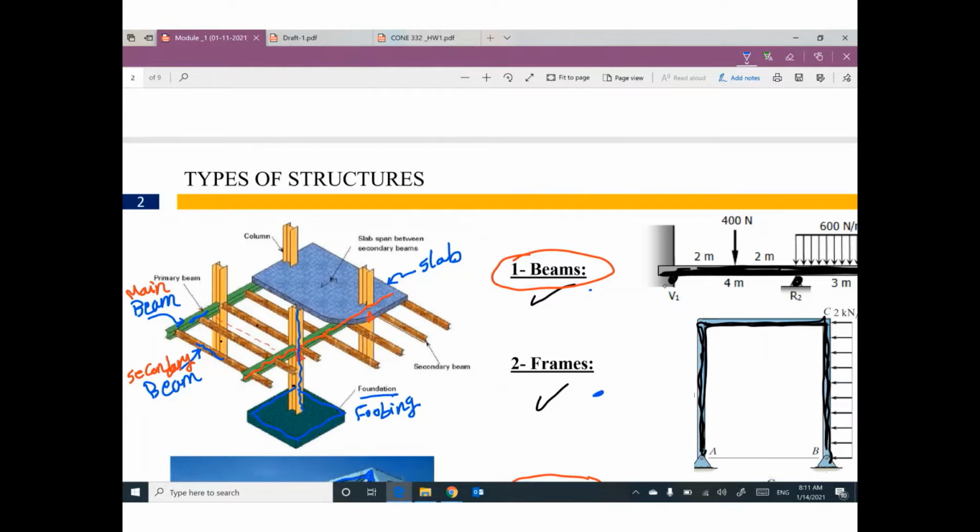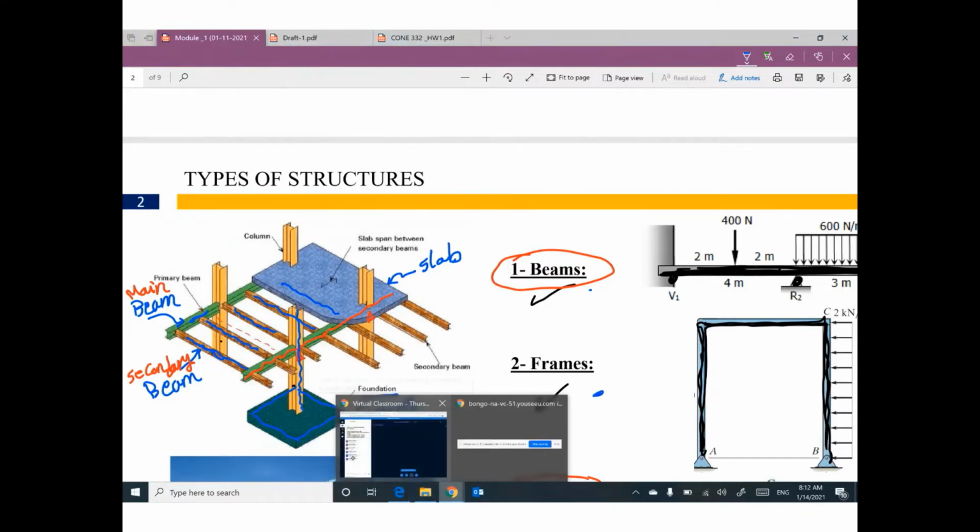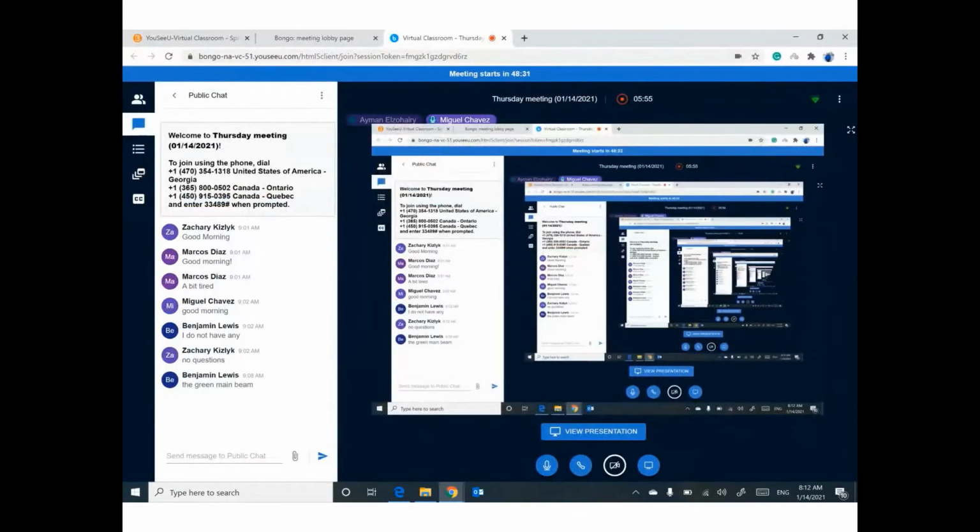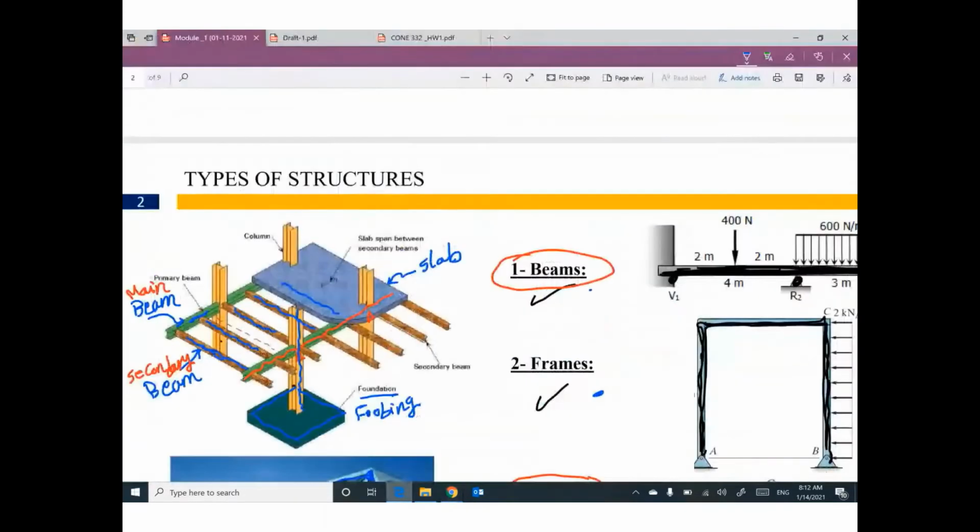The secondary beam, which is in brown color, is supported by what? This is a question. I need an answer. Can you tell me this brown secondary beam is supported by what? The main beams. Yes, the green beam, which is the main beam. Thank you. So keep in your mind, for any concrete structure or any steel structure like this, I can say